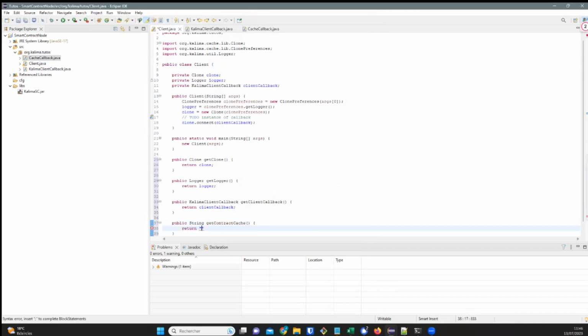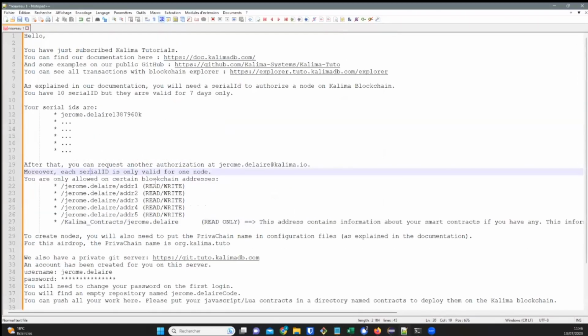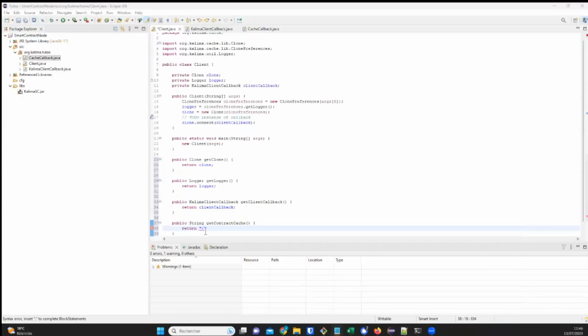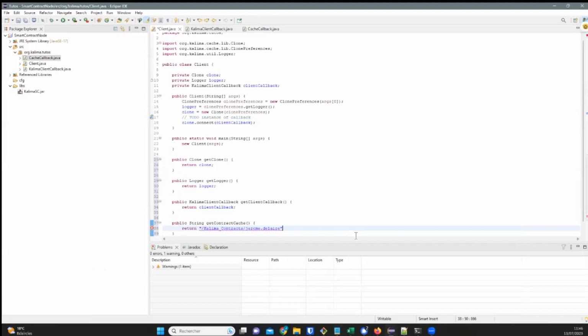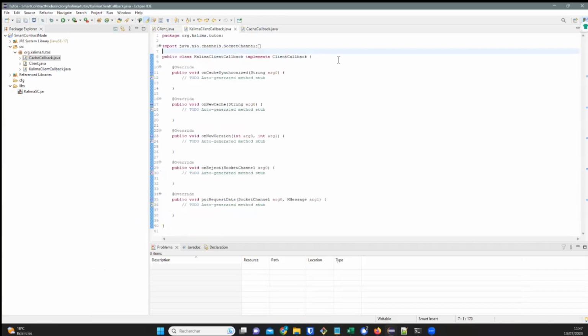Return a string, and in fact, it will also return my contract address. So in the mail, when you put your email in the description form, you receive an email with an address, this one, and you need this address here. Okay,